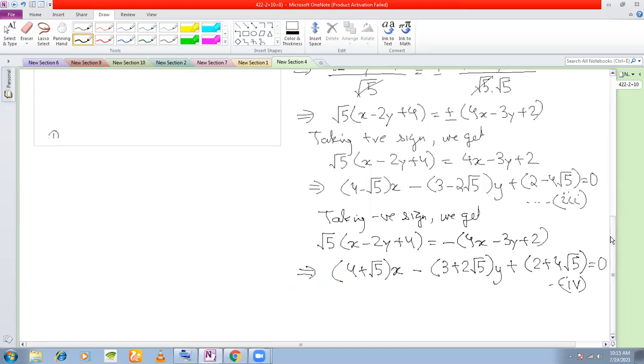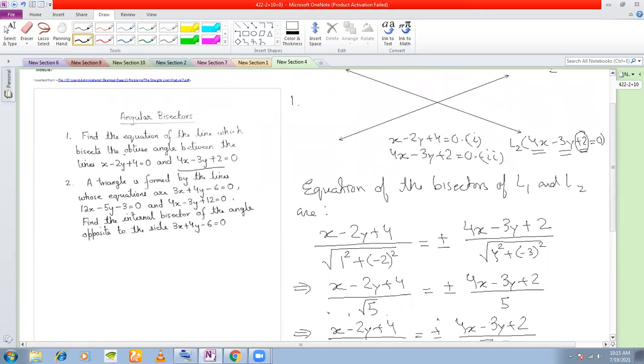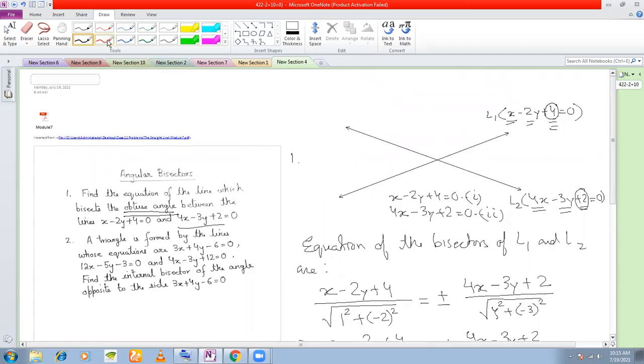Now what is the question here? We have already got the equation of the bisector. The question is find the equation of the obtuse angle between the bisectors. Let's draw the bisectors. So here, this is one bisector. I don't know which equation. Okay. And this is another bisector. So this can be 3 and this can be 4, or it can be other way around also. I still don't know.